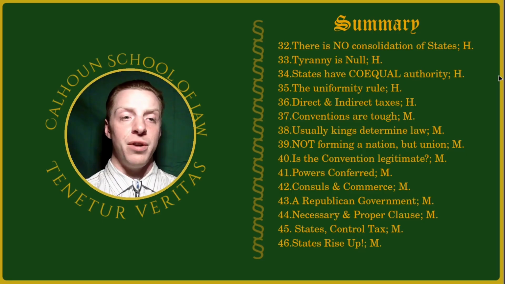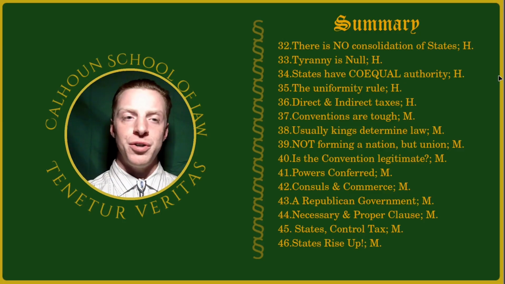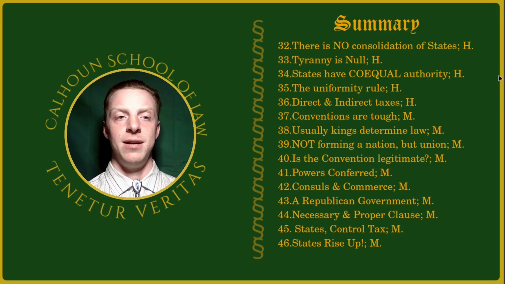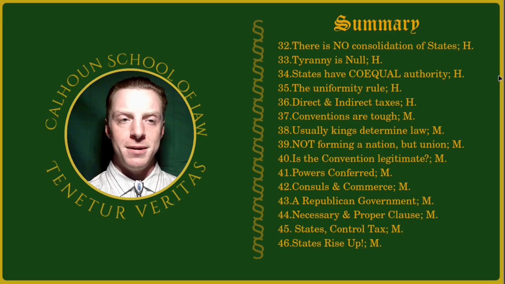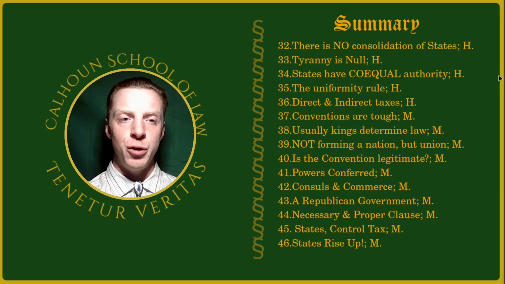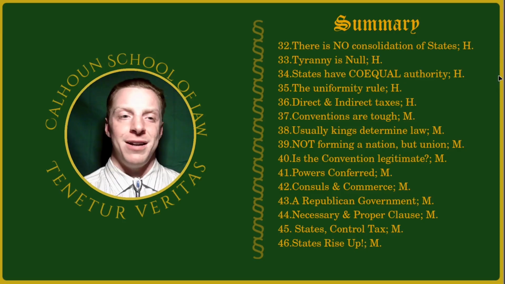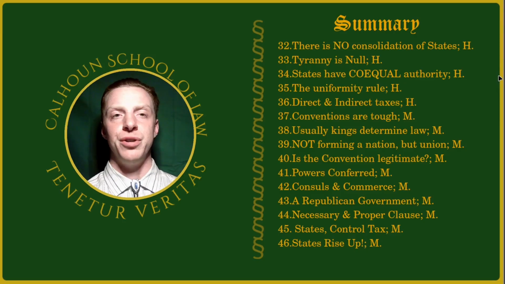So Madison in number 38 is saying, get a grip. Be happy with what you're getting right now, because normally a king would be making these decisions. Yeah, well, Madison, I understand that position. I understand the be happy with what you get. But the point of the revolution was to make certain that we get as close as humanly possible to a perfect government, which takes time, which takes strict and strong criticism. So sure, you're right, it usually is kings determining the law.